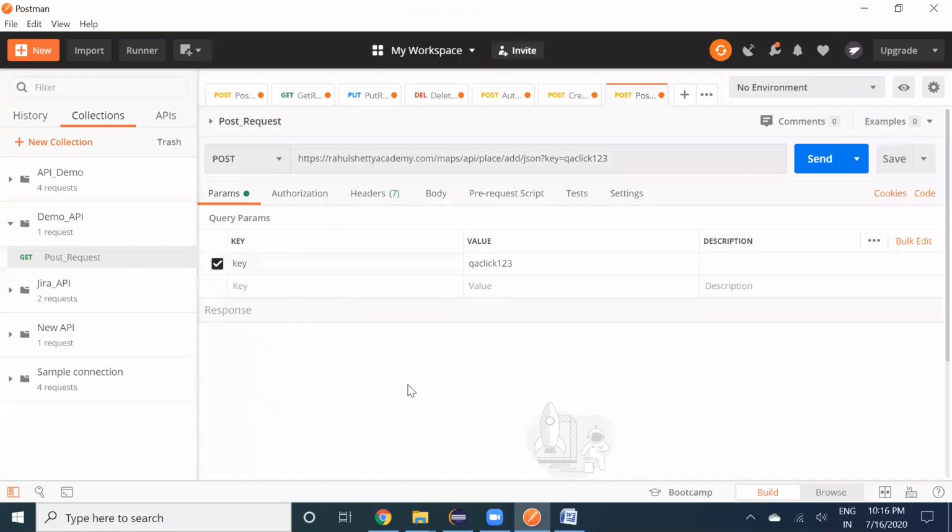As I told you, raghavshettyacademy.com is nothing but your endpoint. Maps API place add JSON is your resource, and after the question mark is your query param. So after the question mark, key qaclick123 is a parameter.